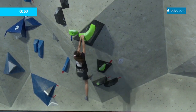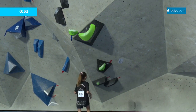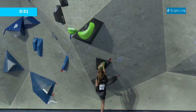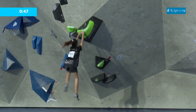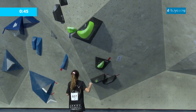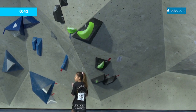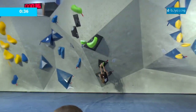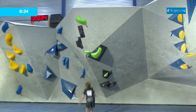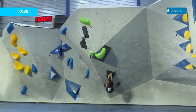Come on, 1 minute left. She is looking at it, but she just cannot move her left hand. Take a rest, come on. She's got 1 minute left, come on. I'm really surprised at how far she can jump. On the screen it doesn't look as far, but the angle of the jump is so weird. It's so awkward. Ooh. And she sticks it, but the moment her feet...